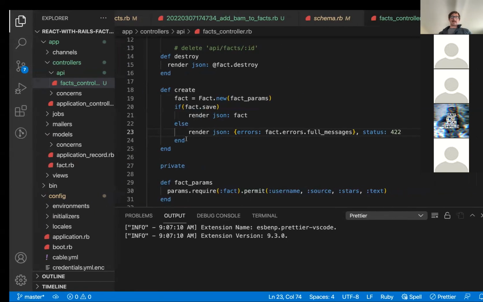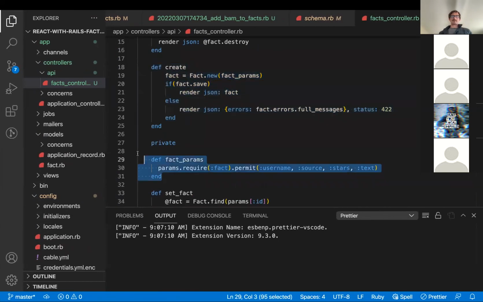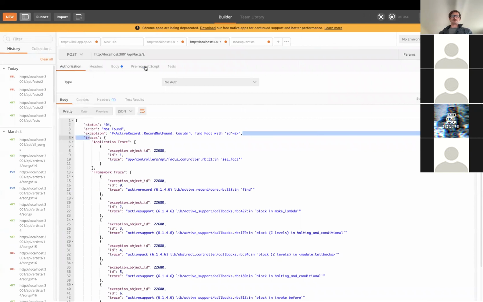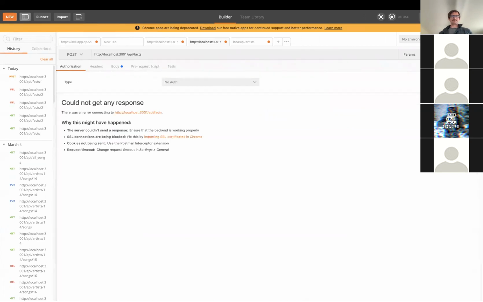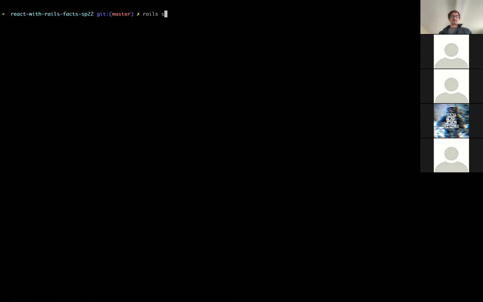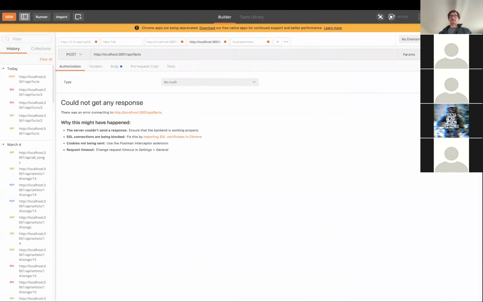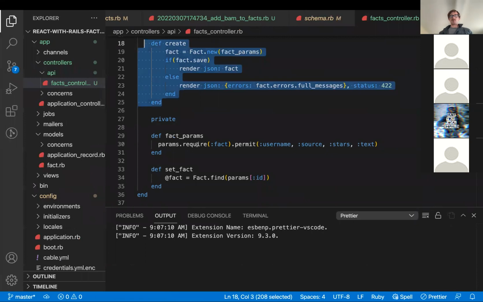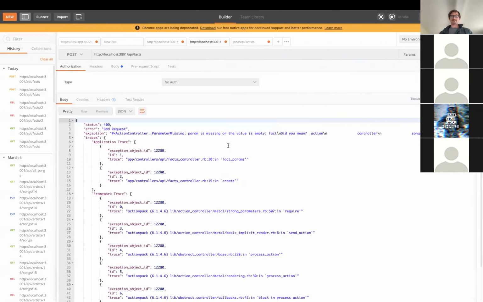So let's go in and test this one out. We added this fact param sanitizer in our create method. So that's going to be a POST request to API facts. If I just send this without any data, oh, I don't have my server running. Start our server. So here it's saying this is a 400 error. It's not the 422, it's a 400 error. This params.require is actually giving us back a 400 error